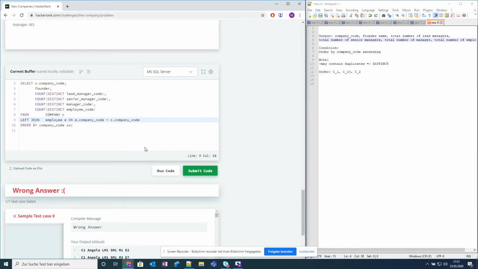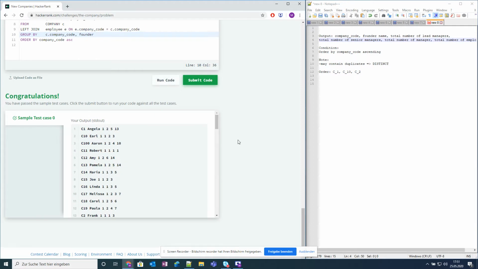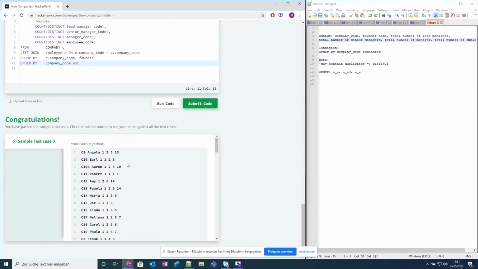And how do you group them? You group them by the columns that you don't aggregate, because you want to count that for each founder and company code. That's how you want to count them. And then you have to also group them by these columns. Group by c.company code and by the founder. And there we have the result. So we already have the right result. We already got the